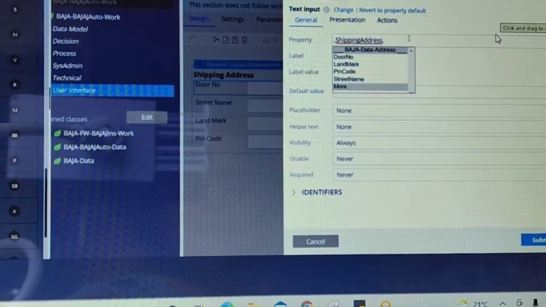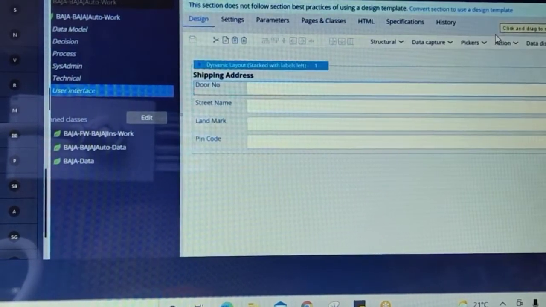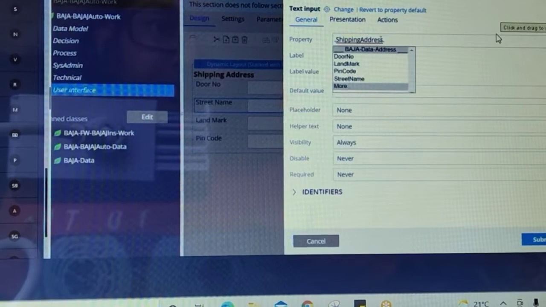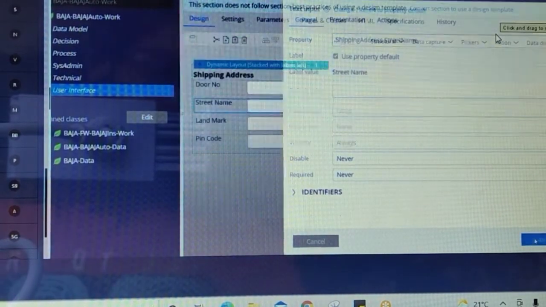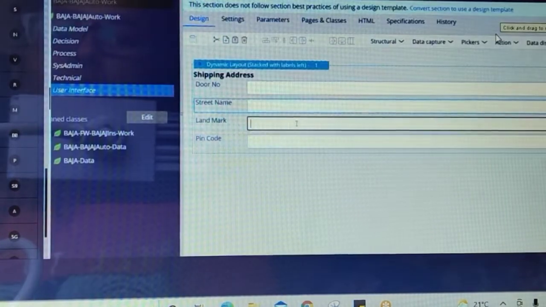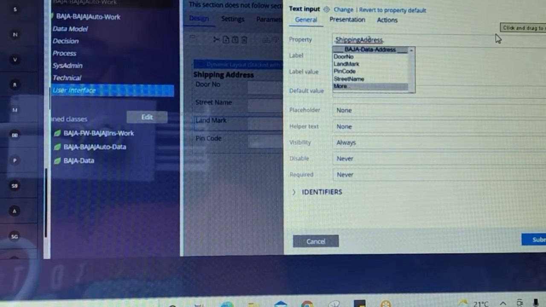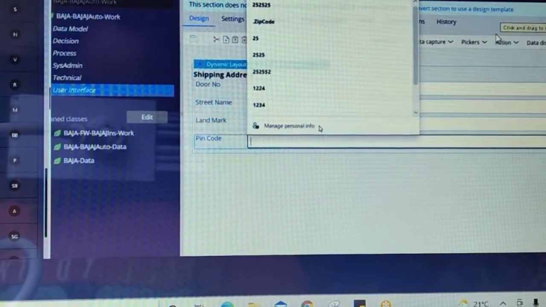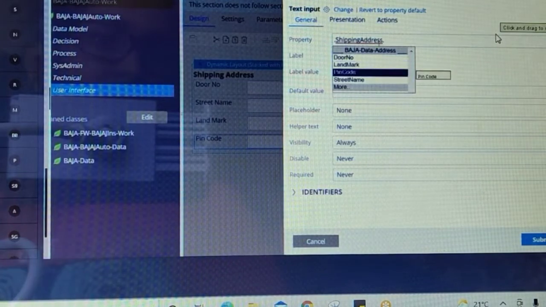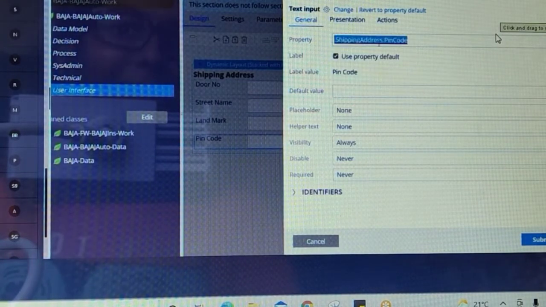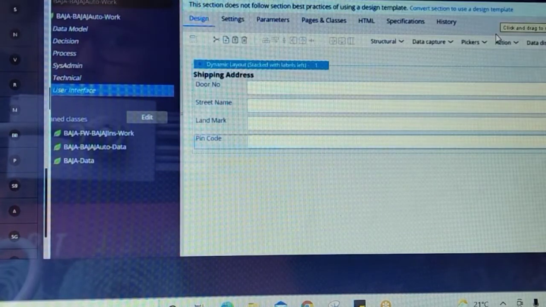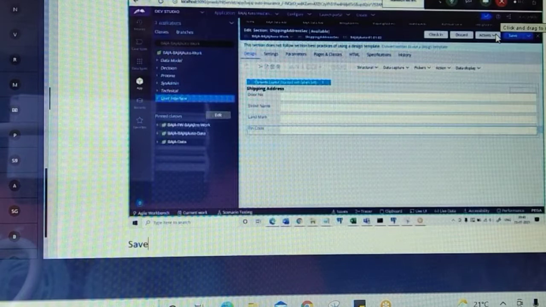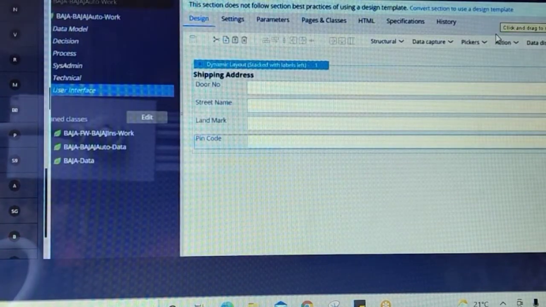Already we discussed this. We created two sections, one is billing address, one is shipping address.